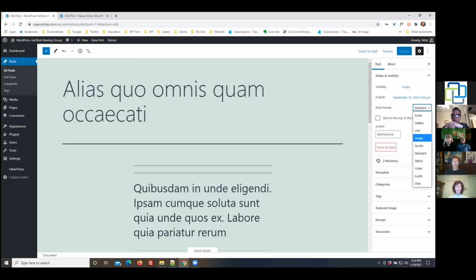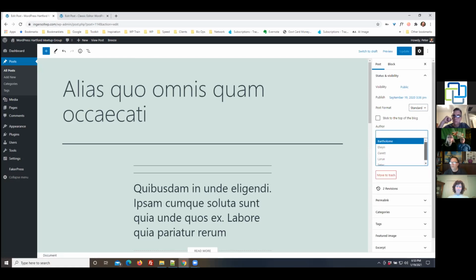An image post format would actually show that post differently than the standard. I don't see people using this nearly as much. I'd be curious to see if people actually are using these things. Your author is just that, and it'll default if you're the user